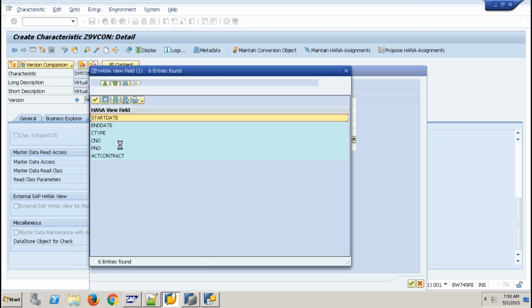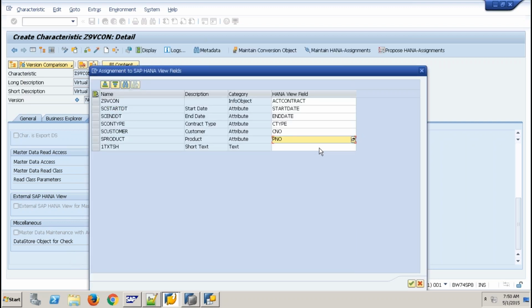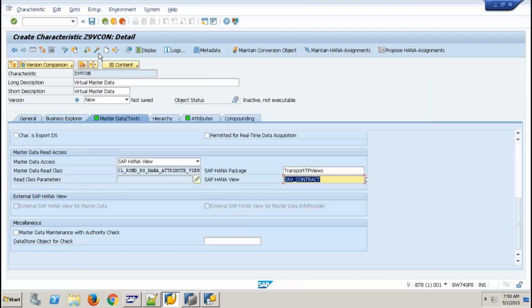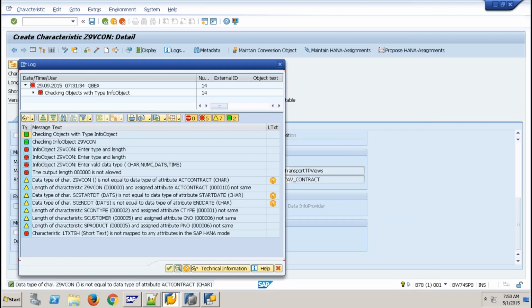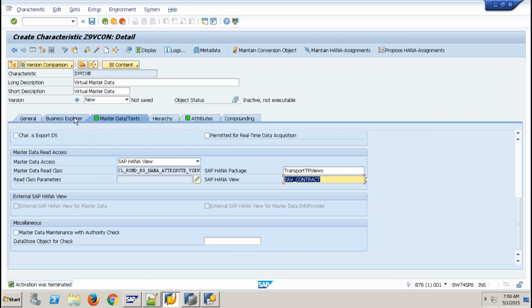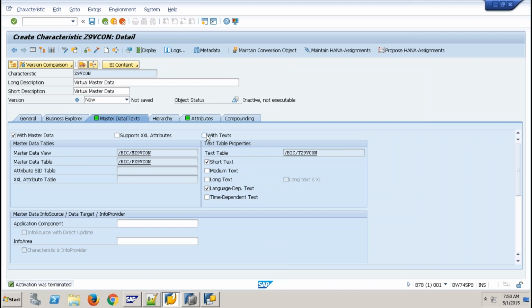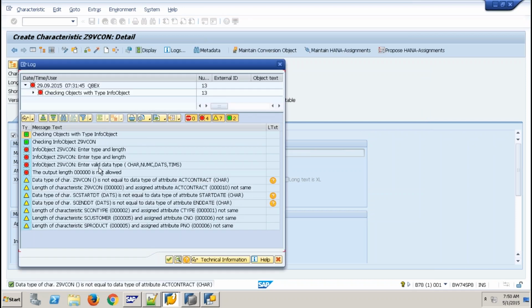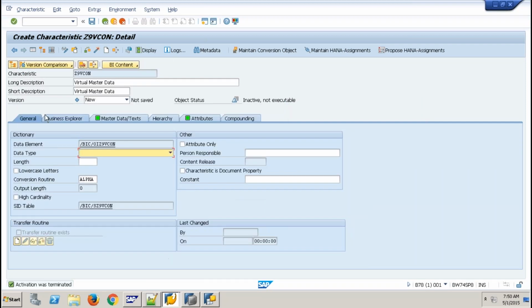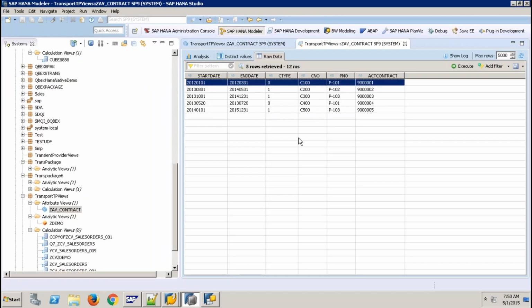This to be mapped with product. I don't have this, so I can just leave this for text. So text is not mapped, it says. For contract, I would prefer this.